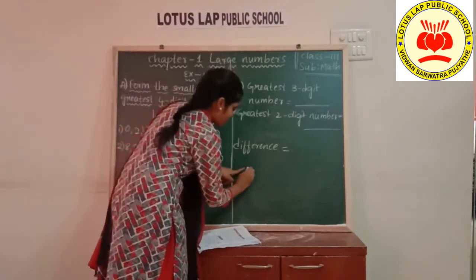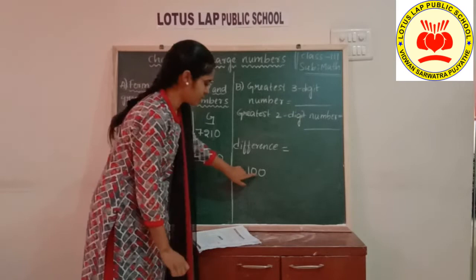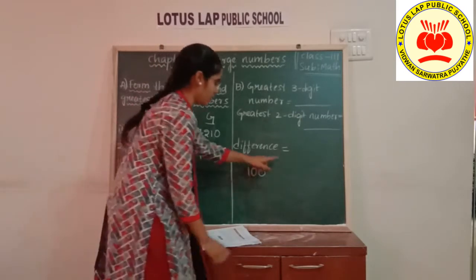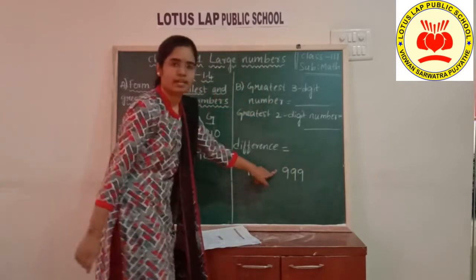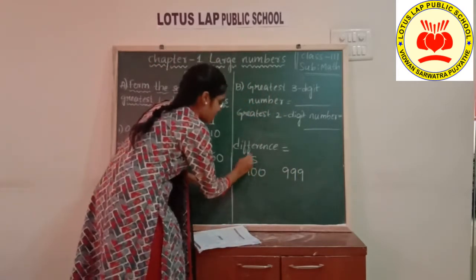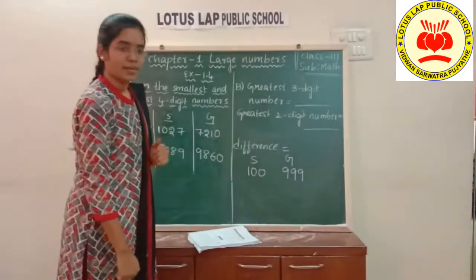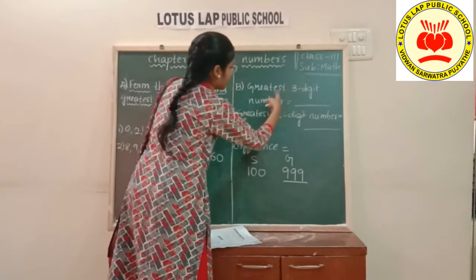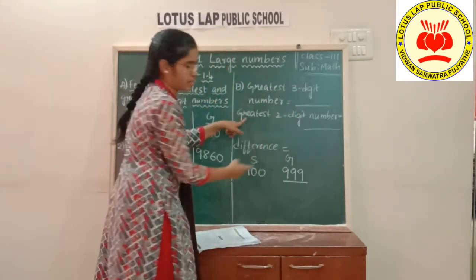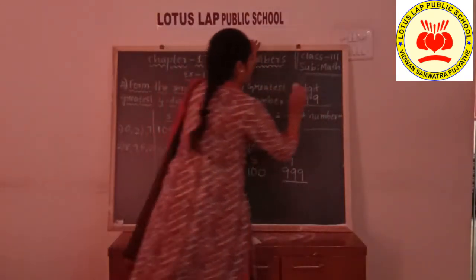Yes, the smallest 3-digit number is 100, as 3-digit numbers start from 100. So the greatest will be 999. Okay. Smallest is 100. Greatest is 999. Okay. Next. So what is our answer? Here we are asking the greatest 3-digit number. So this is our answer. You need to write it here. 999.